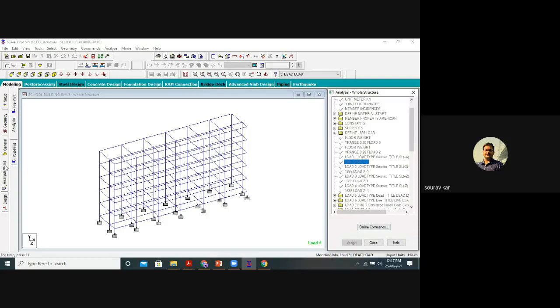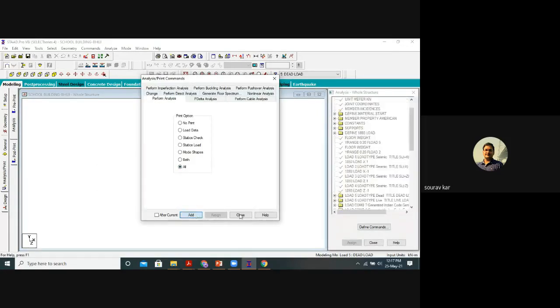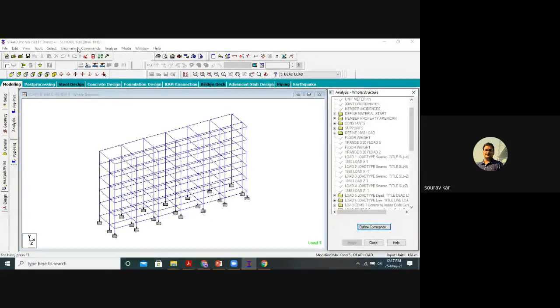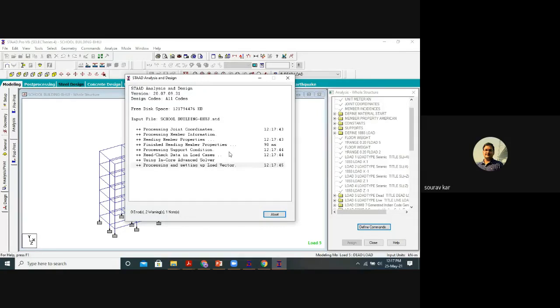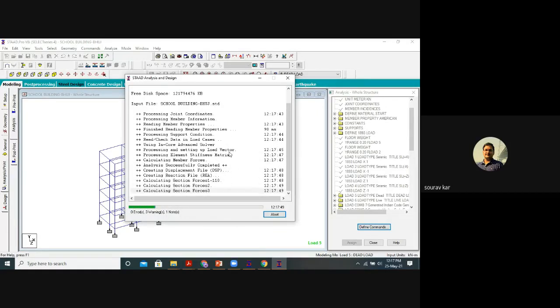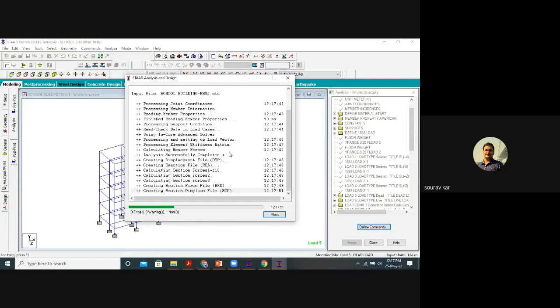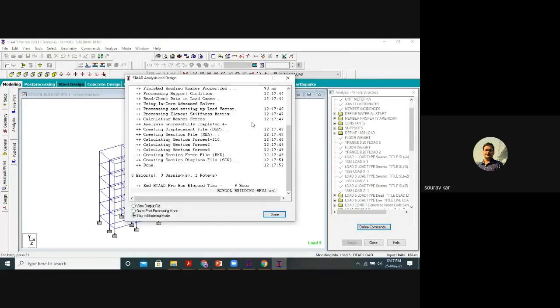So we have to do analysis and print. Let us see. Run analysis. So STAAD is doing the analysis, and absolutely we are having zero errors.